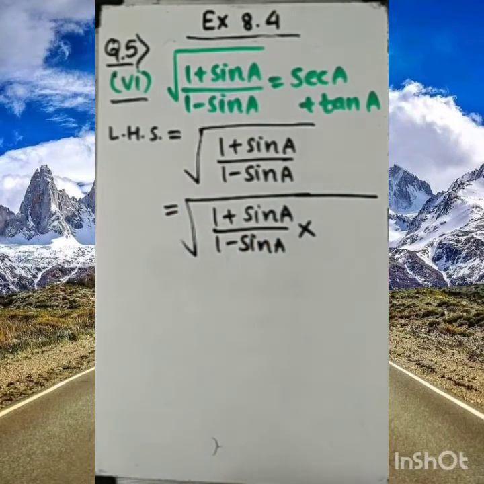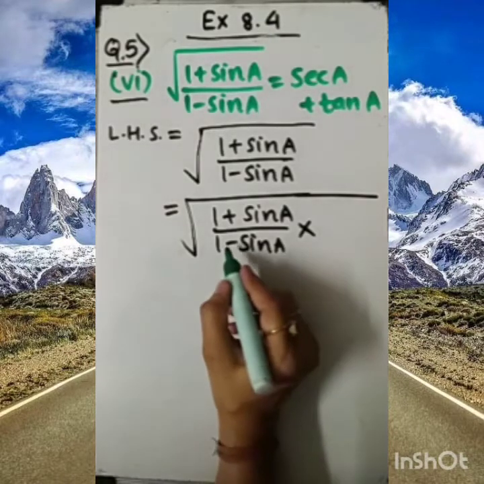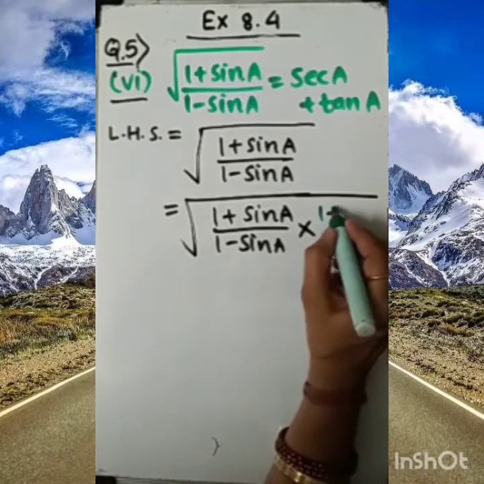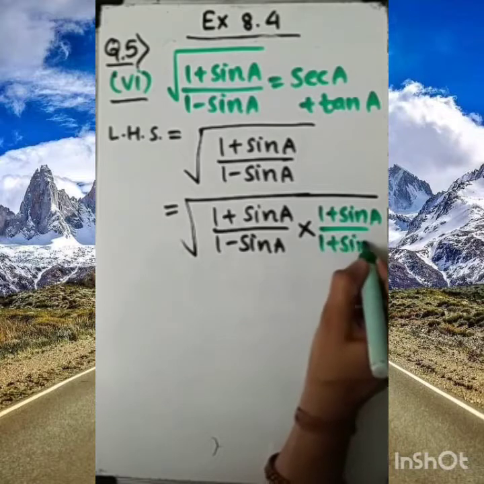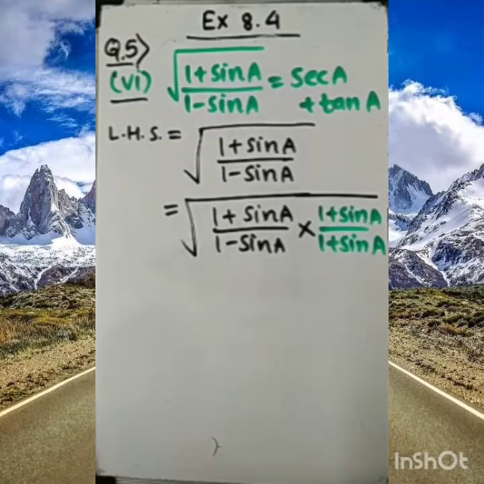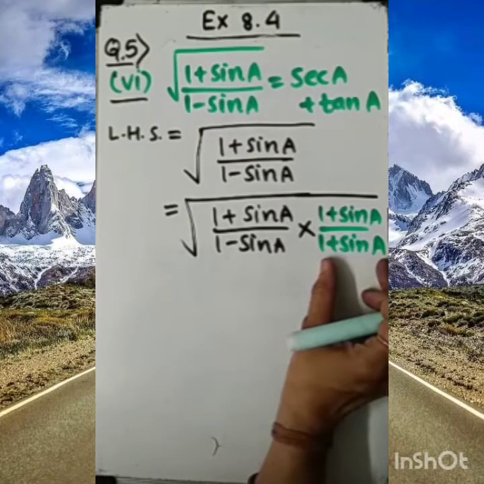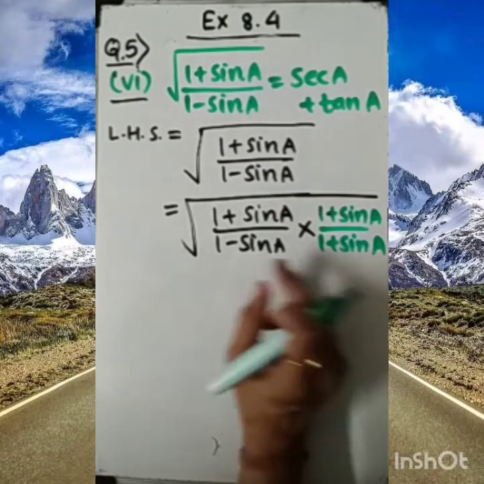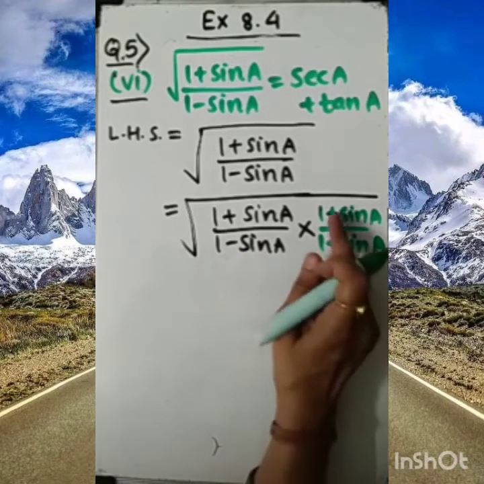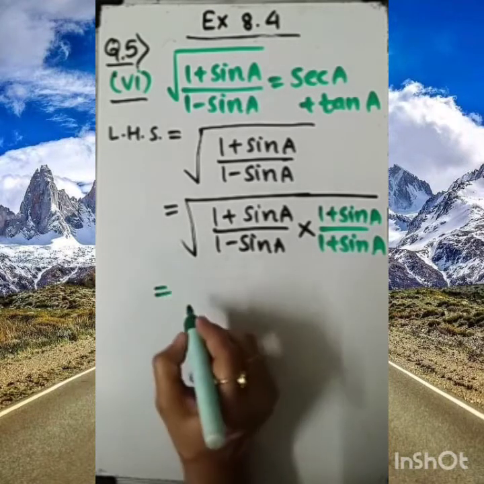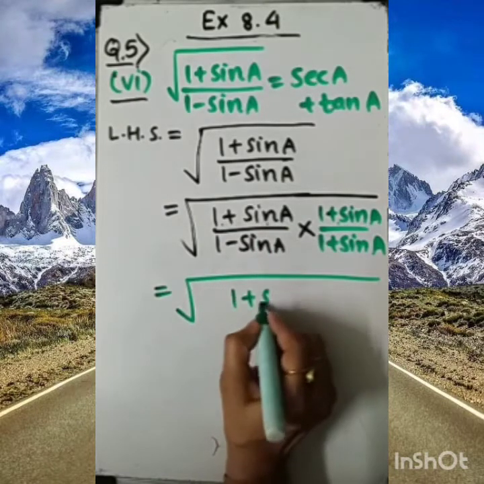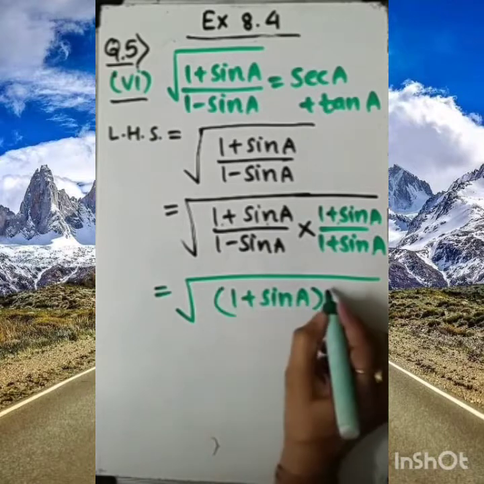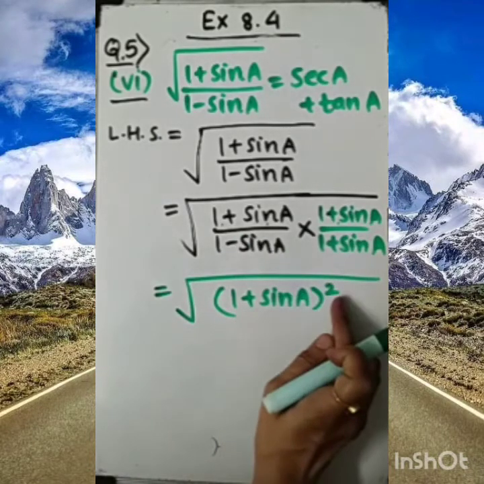Now, dear student, I want to apply here rationalize. Rationalize rules, you know very well, as here it is minus, so I would like to move with the plus. The rationalization you have studied in class 9, the rationalizing of the irrational number. But here, in place of irrational, there are trigonometric ratios. So here it is minus, nothing I have done, I am multiplying and dividing with the plus. Now, what will be left in numerator? You can see 1 plus sin A, 1 plus sin A 2 times. As it is 2 times, it can be 1 plus sin A whole square.